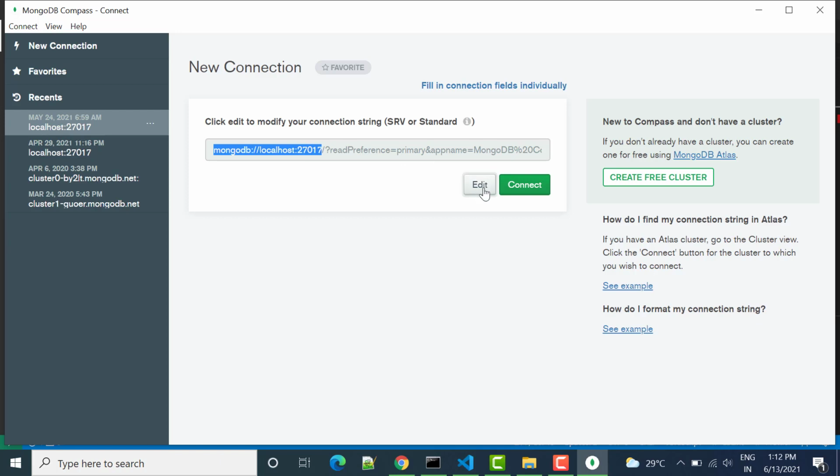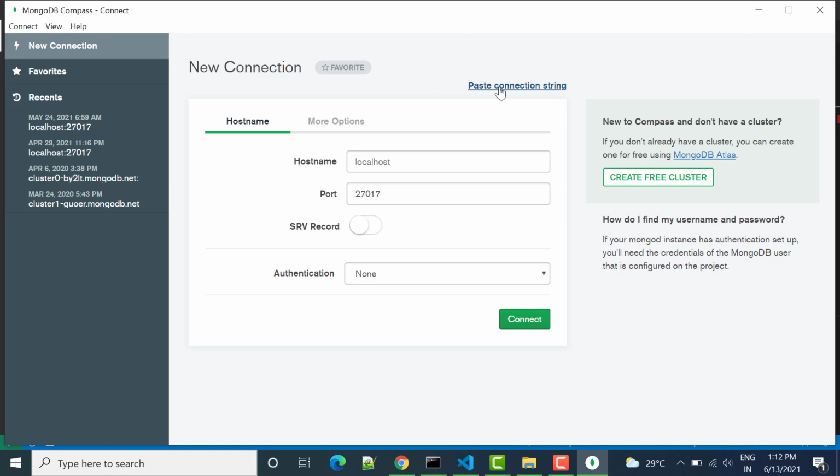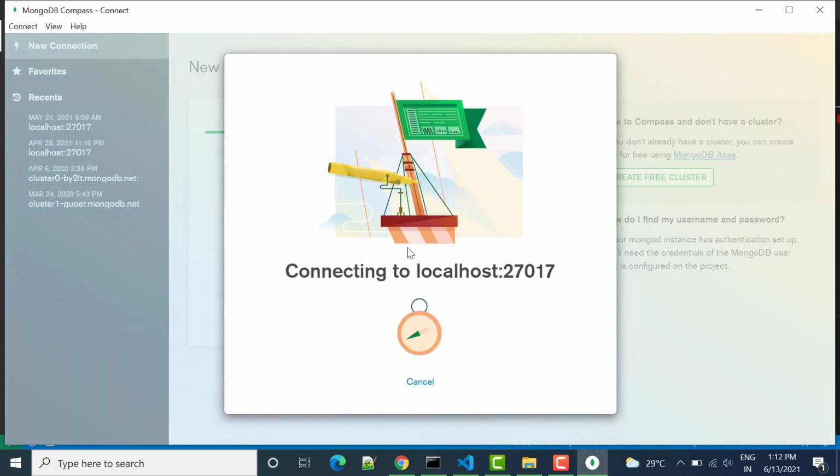If you don't have it, you can click on edit, and whenever you create a new connection, by default it will show something like that. If you click on fill connection individually, you get localhost and the port number. We need to use that localhost and port number to connect with the database, and if I click continue, it will connect, although we have to make sure that MongoDB is started.